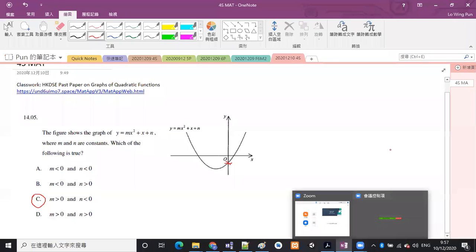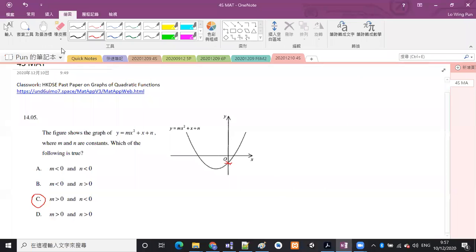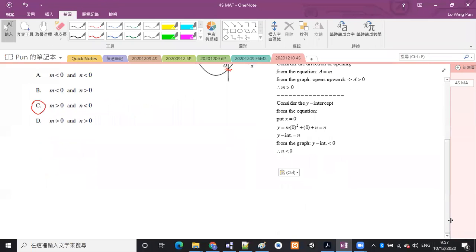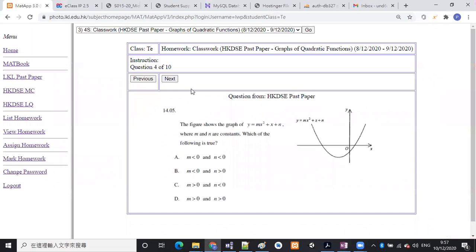Can you get this? 好，呢題算係簡單嘅，好直接嘅呢題啊。咁睇下 get 唔 get 到啦，大家。希望大家 get 到啊。其實嚟嚟去去，我哋都係 consider 呢幾樣嘢嘅啫，即係 direction of opening 啦，y-intercept 啦，如果唔得嘅話咧，就要再 consider x-intercept 啦，或者咧嗰個 h value，即係個 vertex 嘅 h value 同埋 k value。Okay, so this is question number 14.05. And then next question,